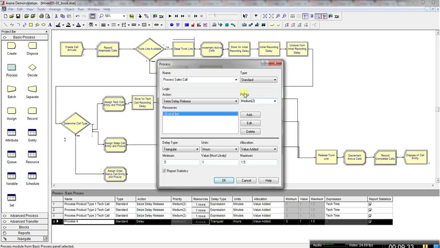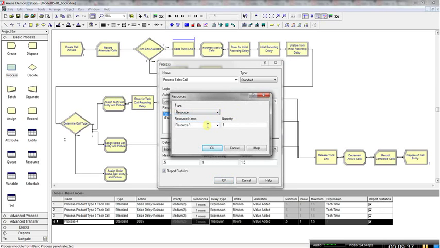So notice the priority is set to medium, which is 2. Now I'll add my sales resource, and one sales call will need only one sales resource person, so the quantity is 1